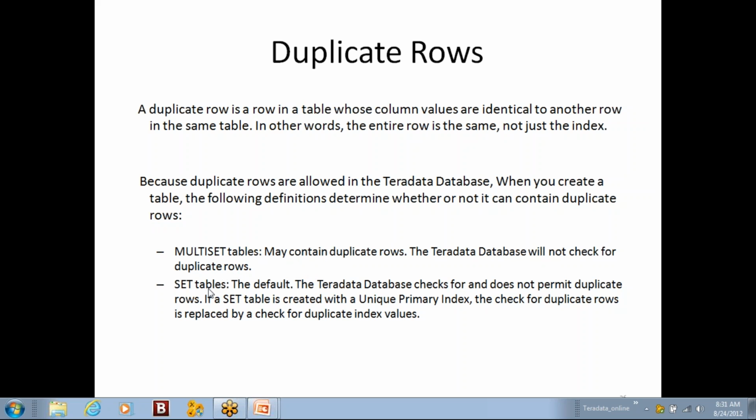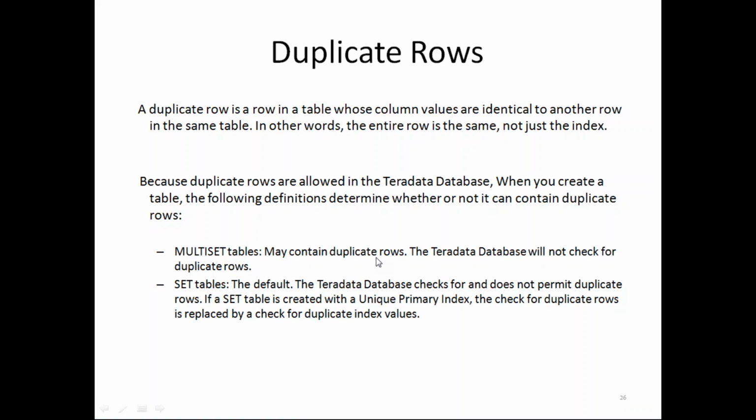The other is called a set table, which won't allow row-level duplicates. When I say duplicate here, all the column values of the row will be verified before it inserts the data into the table. So a set table won't allow row-level duplicates, and a multi-set table allows them.